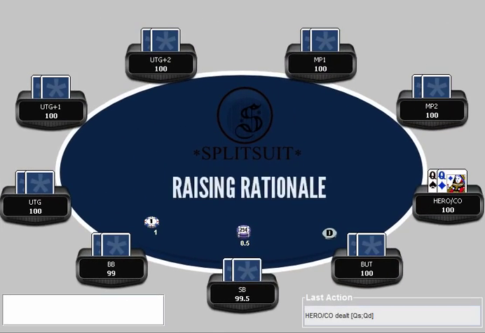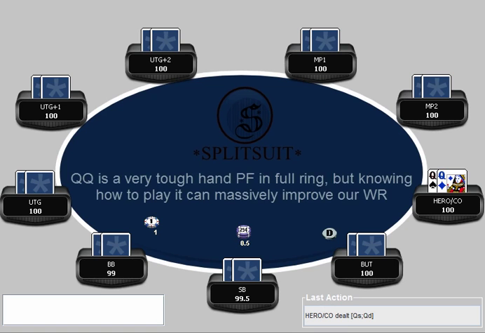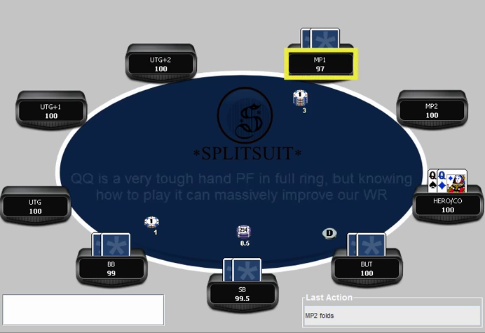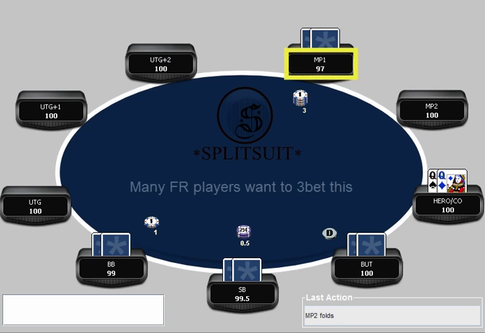So one of the biggest difficult hands, in my opinion, at full ring is queens, because a lot of people don't fully know what to do with it preflop, and to be fair, it is kind of a difficult situation. So let's take a situation where this happens, and a lot of people, for one reason or another, want to 3-bet this. And when we're 3-betting, it's the same rationale as if we're going to be betting, is my